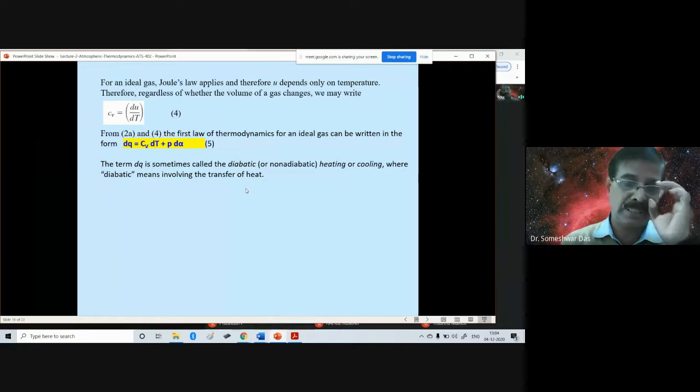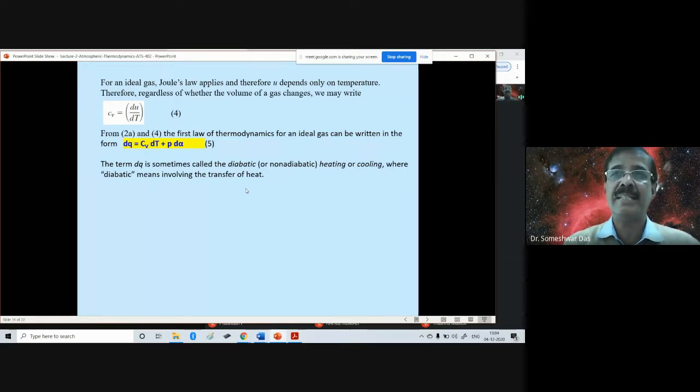You will be studying the cloud hydrometeors, etc., and how they change from one phase to another. During the change of phase, the latent heat is either released or absorbed, depending upon whether it is condensation or evaporation, freezing or melting or sublimation. So many processes. That means most of the time the atmospheric processes are diabatic. They're not adiabatic.